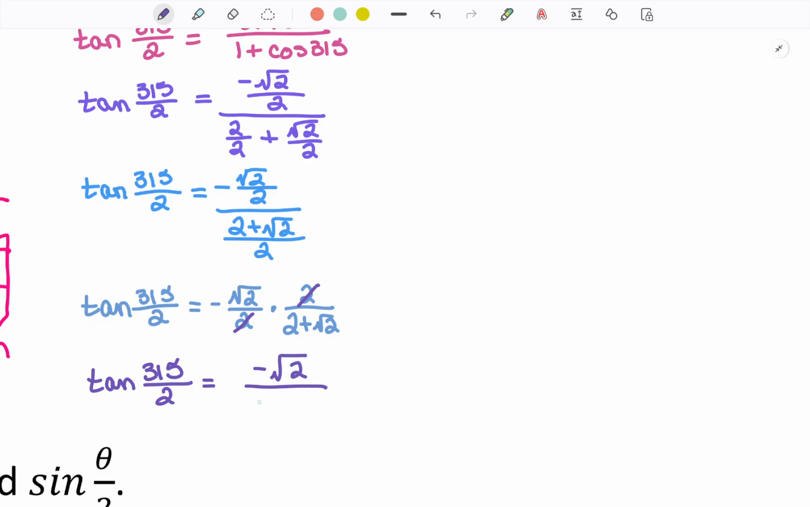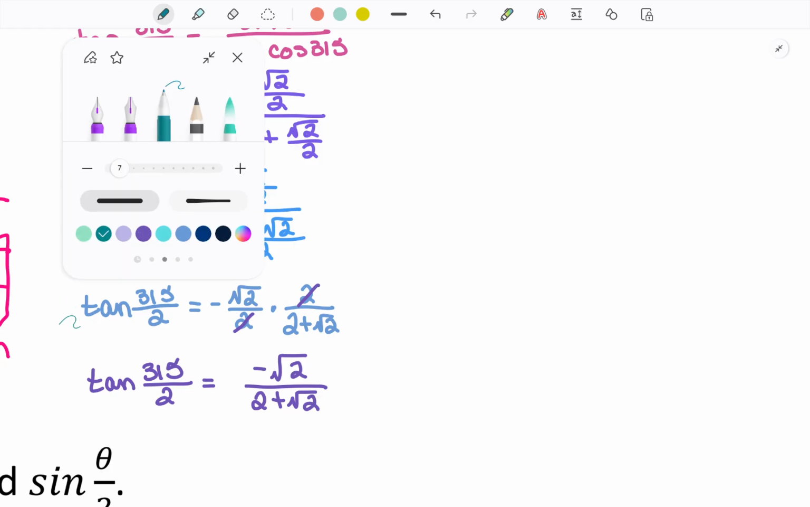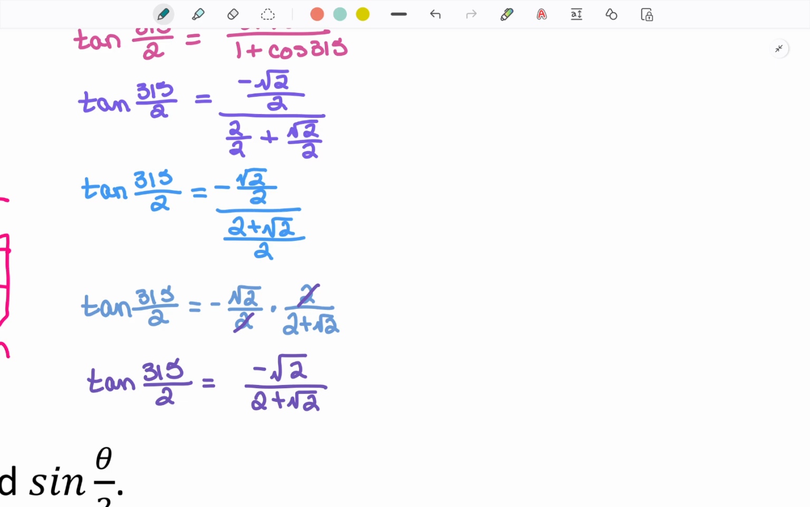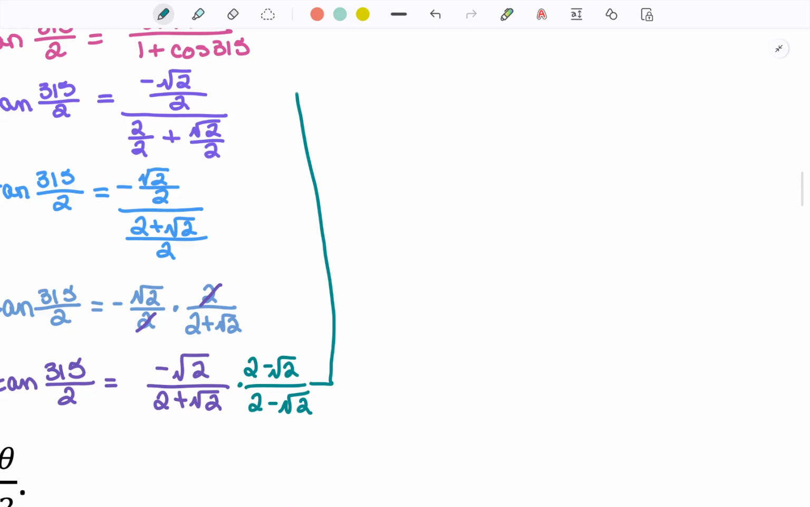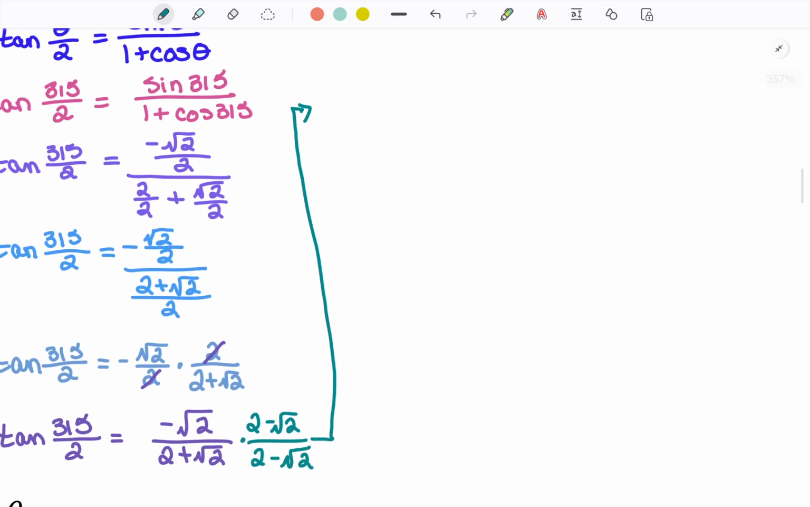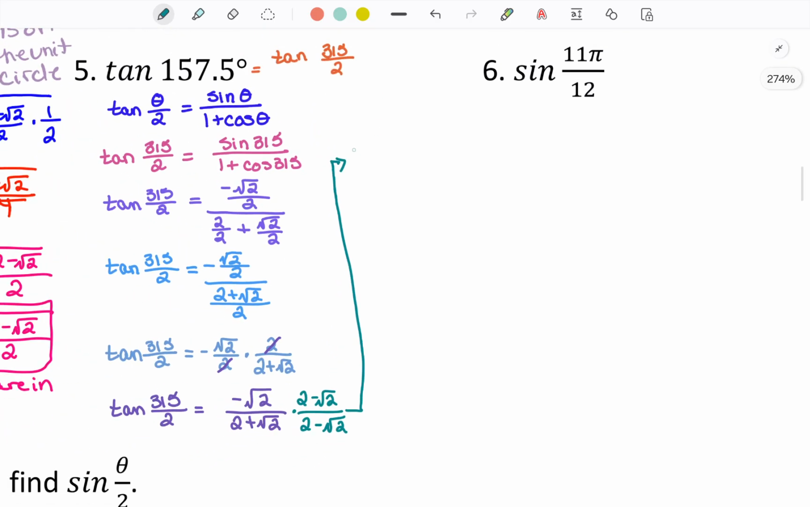So we have the square root of 2 over 2 plus the square root of 2. We can't leave that radical in the denominator, so we are going to multiply by the conjugate, 2 minus the square root of 2. And that is going to leave us with, we're going to have to come back up here so we get more room. The tangent of 315 over 2 equals,